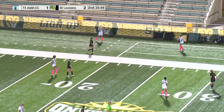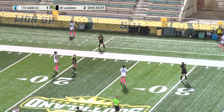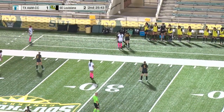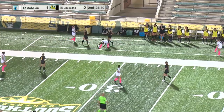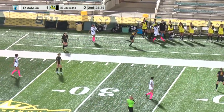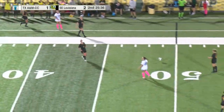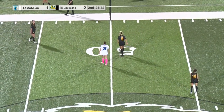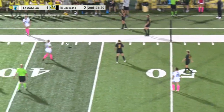Massengale forcing a throw-in. I mentioned her already, but just love her energy. She always seems, when the ball's on her side of the field, she has a nose for it in there, both defensively and with the ball at her feet. Has a high work rate for SLU. Well, I think when you look at